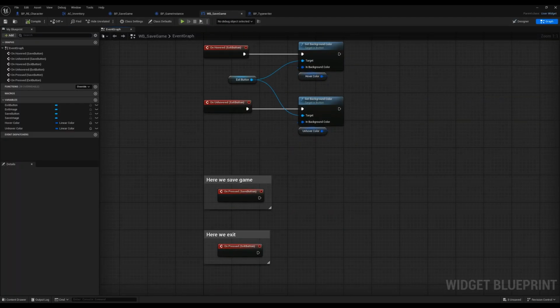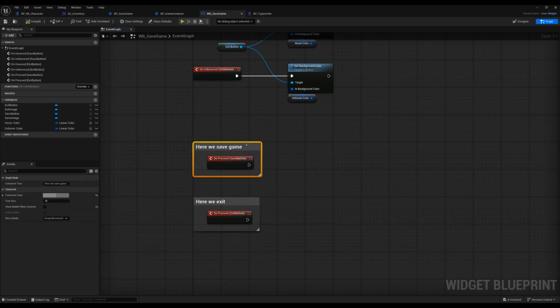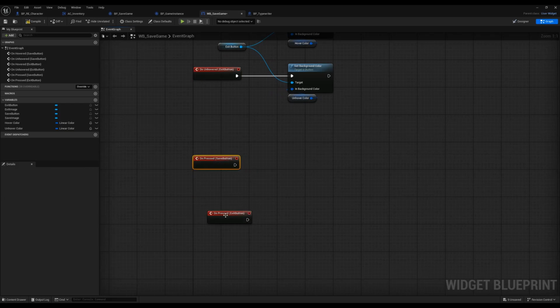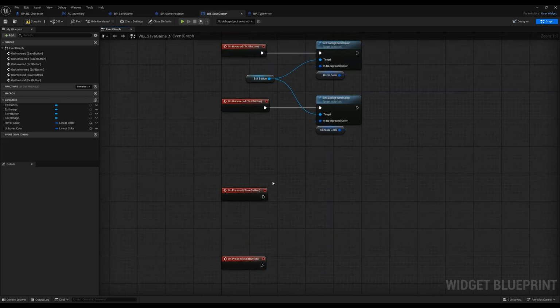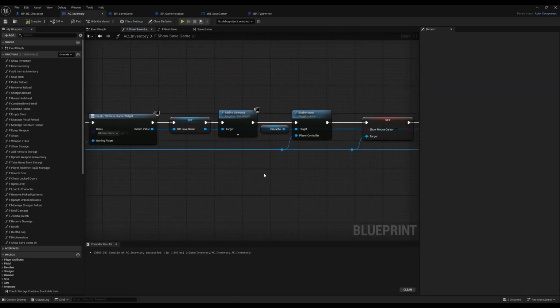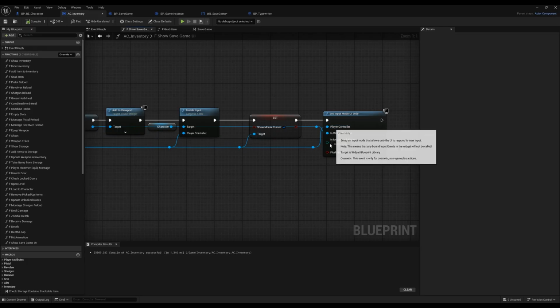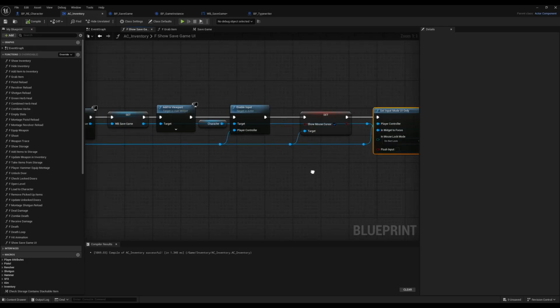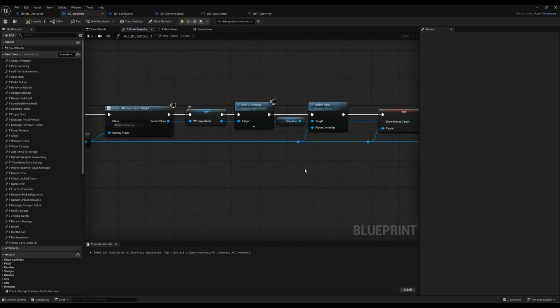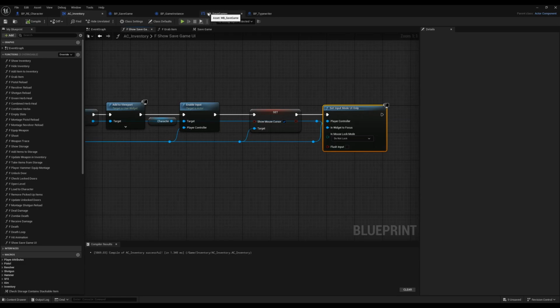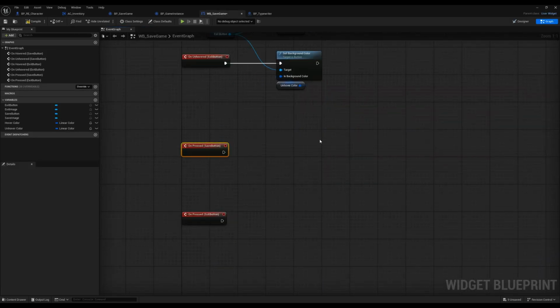Okay, so now we want to save, right? Let's just remove this text. This one. So here we want to save. We do know that we enable the input, right? We enable the input to our widget. So we put this widget to focus, which is our save game. This means that our input is automatically already enabled inside here. Then we can just